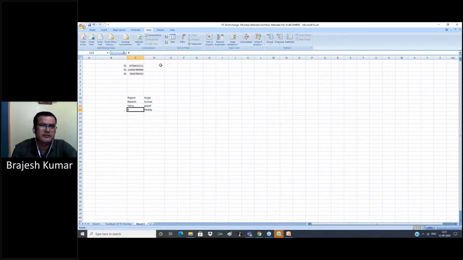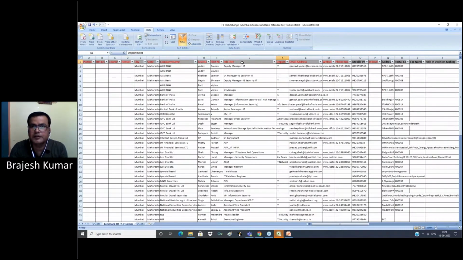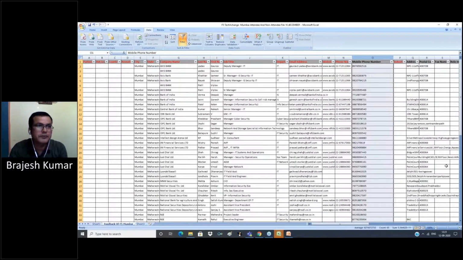Remove Duplicates. Suppose we want to remove duplicates from this mobile phone number column in our sheet.